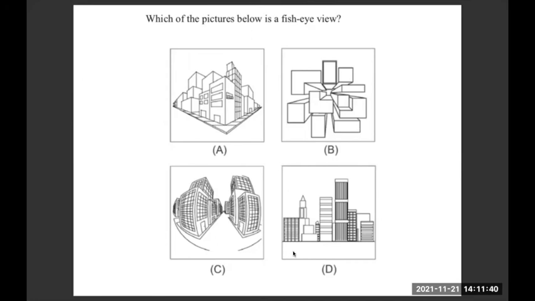And what is option D? Elevation. Yes, exactly. Option D is called elevation. Option B is the one point perspective. Option A is two point perspective. And option C is fisheye view perspective, which will always have the verticals as curves and the horizontals as linear straight lines pointing in one direction. Clear?